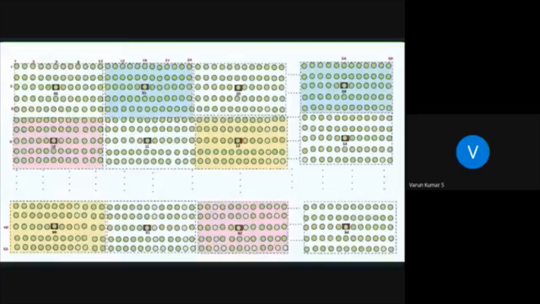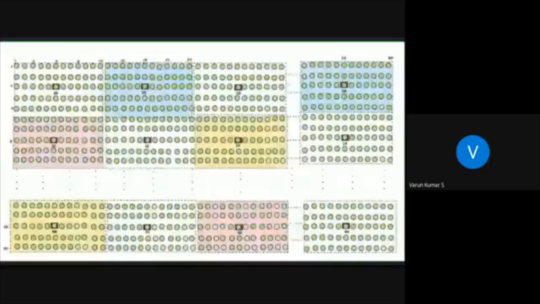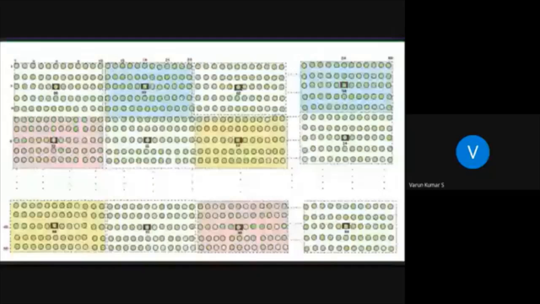This figure depicts the different mote IDs that are available. As you can see, the first mote ID is given as 00 and the adjacent ID is given as 01, and the next ID is 02 and so on till 04, which means that it can accommodate 5 motes row-wise, and column-wise we can accommodate 10 motes.